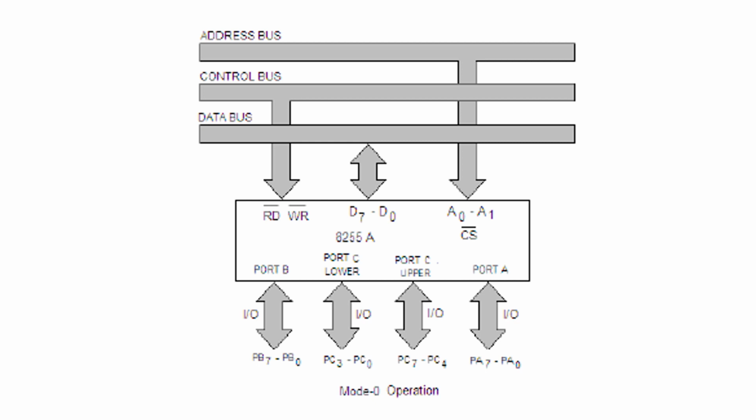This is an illustration. This is 8255. Here on this side we have the I/O devices. Here we have the microprocessor's connection. Address bus, control bus and data bus of the microprocessor are connected like this, and to the different ports we can connect the devices: port A, port B and port C. These three ports can be used as input or output ports. This is mode 0.